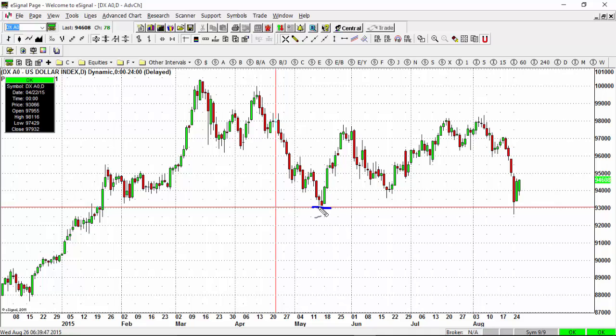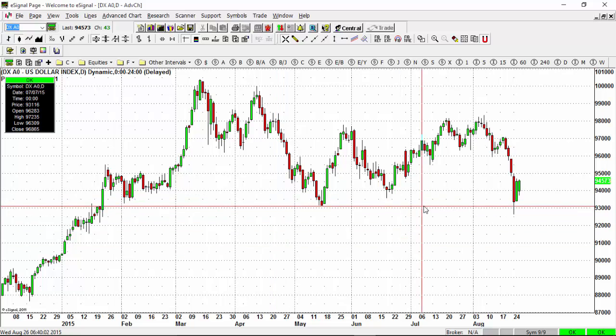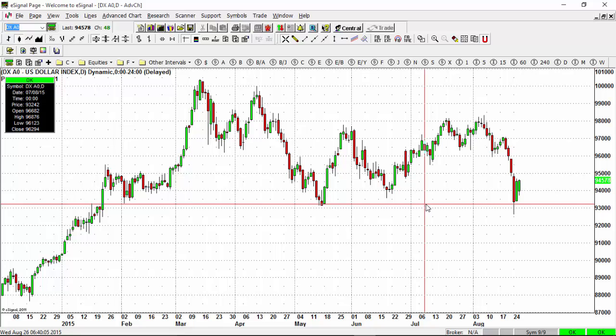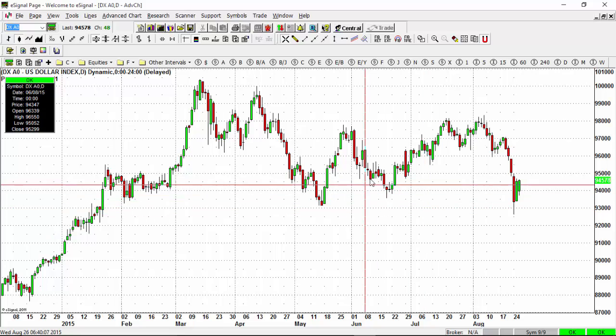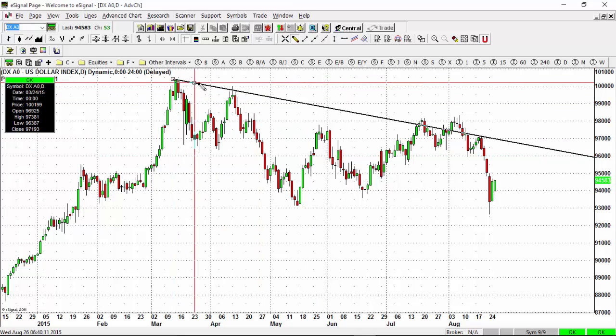The market, even at this point, did not break below this 93 region on the US dollar index, as you can see. So what we see is that the dollar bulls came in and bought this area of support, and I think that's one of the reasons why the market is pulling back